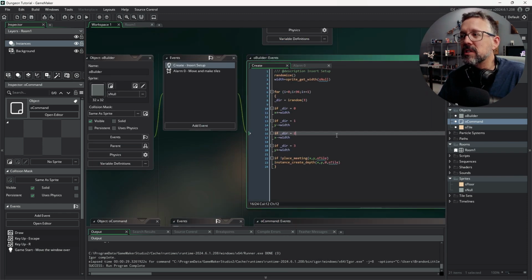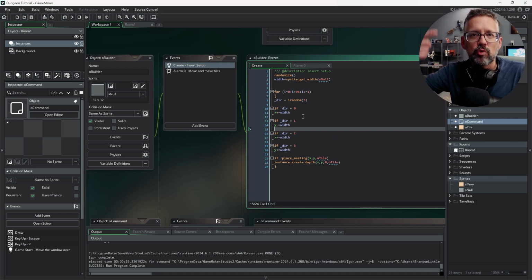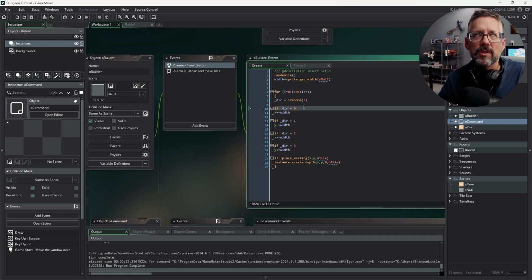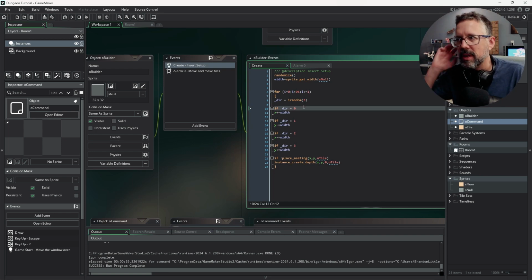Interesting. Give yourself some data to work with as you're building games so that you can have something to respond to here instead of guesswork. Let the game draw the information. Some people like to use the command output window down here. I personally just like to write it on screen so I can see it there. Let's do it